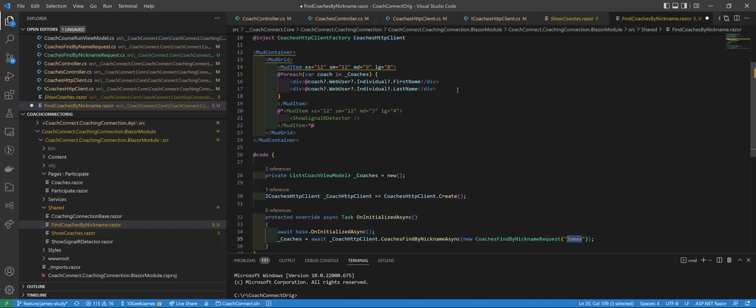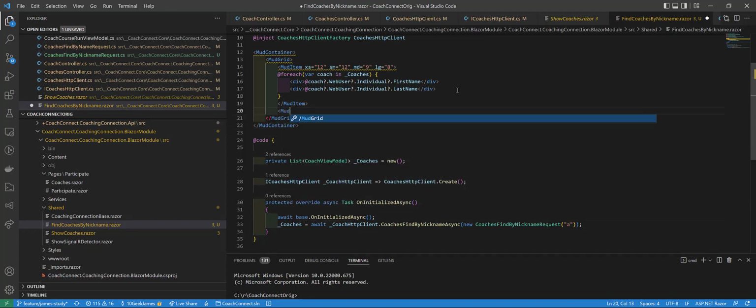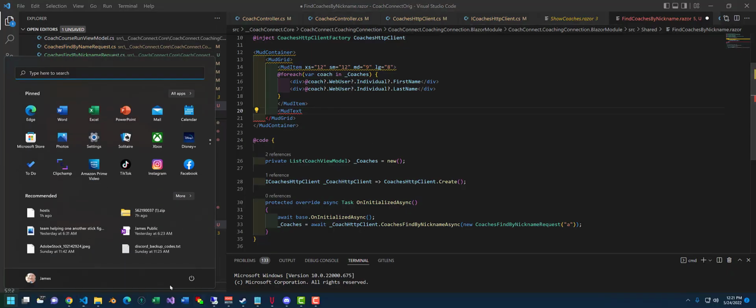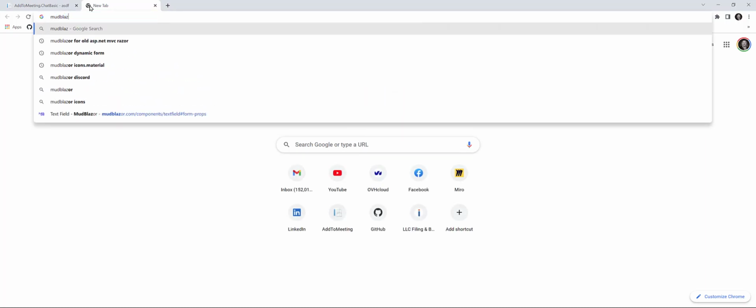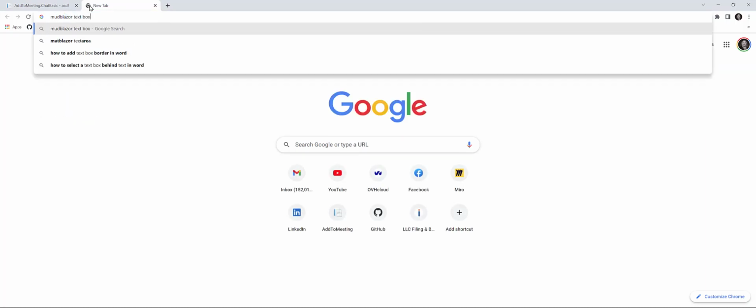partial name, the letter A, and I don't know. Seems happy. We would like to bring in a mud input. I don't know what it is. Mud text box. Let's go practice Google. Mud Blazor text field.